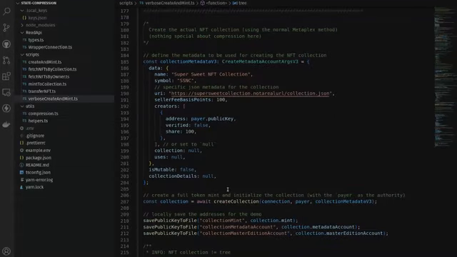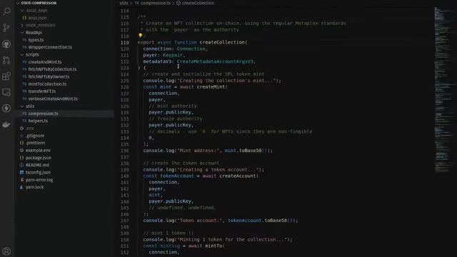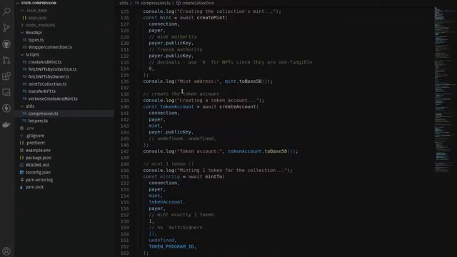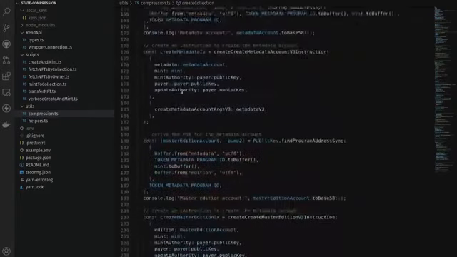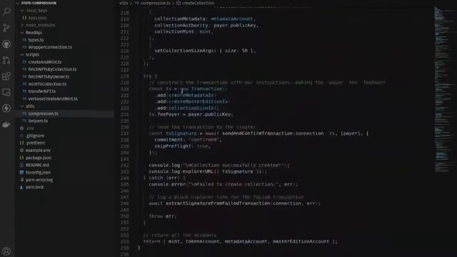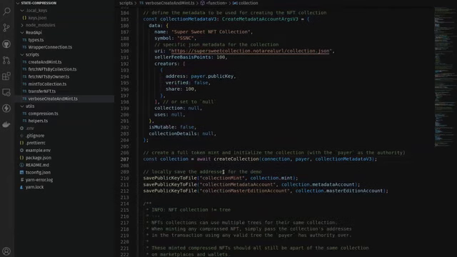Next, we're going to actually create our NFT collection using the Metaplex standards. Compressed NFTs and traditional NFTs all use the same collection information and collection value. So you're going to create your compressed NFT collection the exact same way you would with normal non-compressed NFTs. I have this helper function, create collection, inside of here, which goes through the normal process of creating a collection, minting a single token to it, and then generating all the applicable addresses that we're going to need